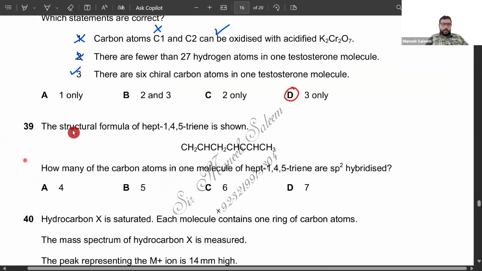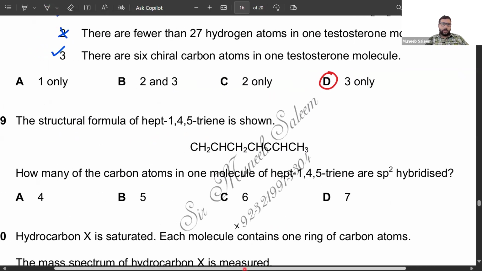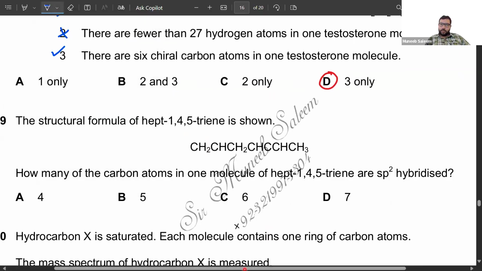Now the next question, the structure formula of hept-1,4-triene is shown. How many of the carbon atoms in one molecule of hept-1,4-triene are sp2 hybridized? Now let's check that. We remember that all those carbon atoms which have such a situation, which carbon is double bonded and it is bonded with only 3 atoms,